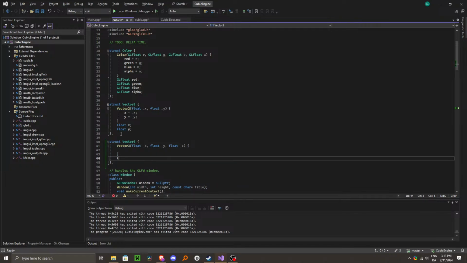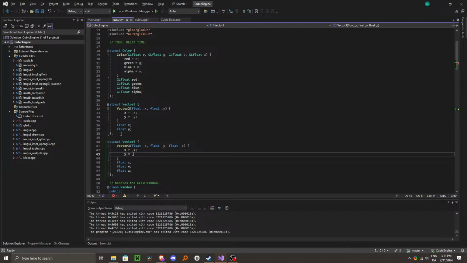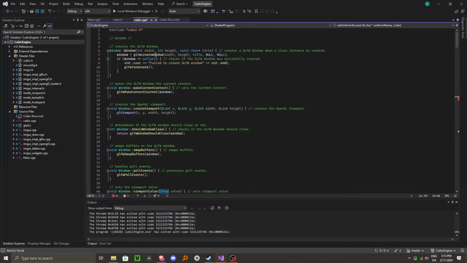And then we'll have a float x, float y, and float z. Then x will be equal to _x, y equal to _y, and z will be equal to _z. There we go. And then I'll just go add that to the